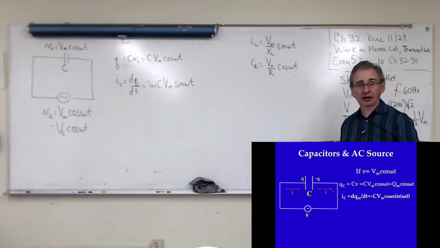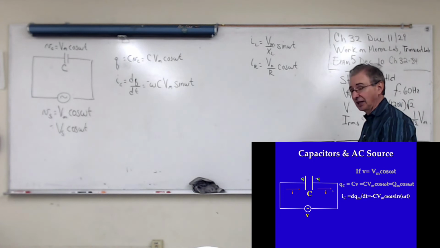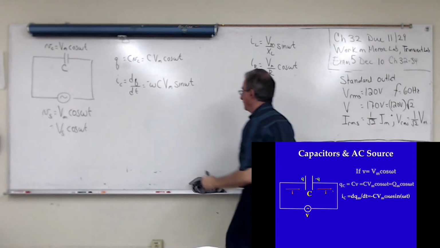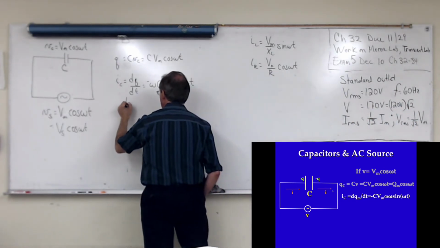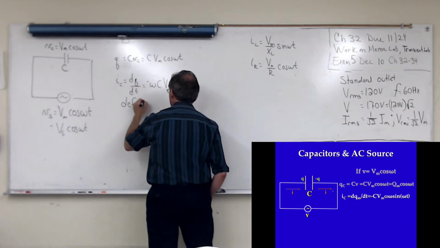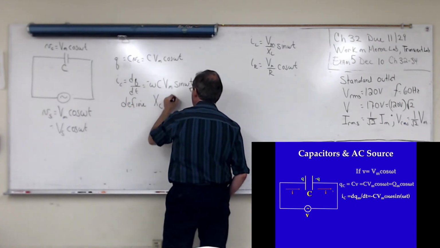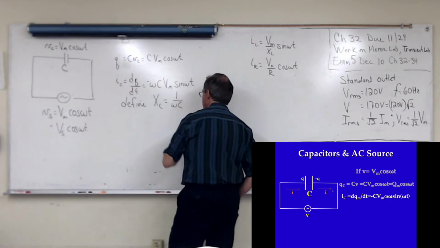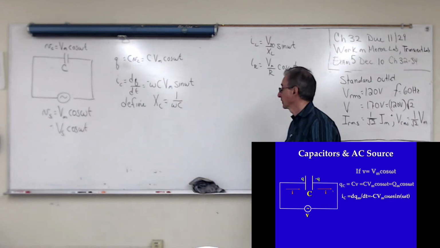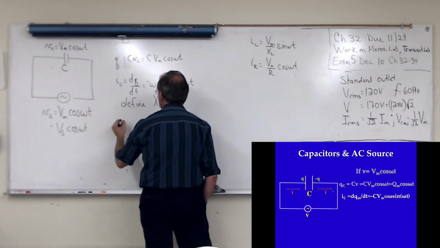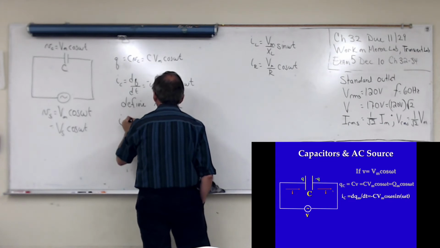I'm trying to make them look like Ohm's law. So in keeping with that, I'm going to define X sub c as 1 over omega c. So then I can say I sub c